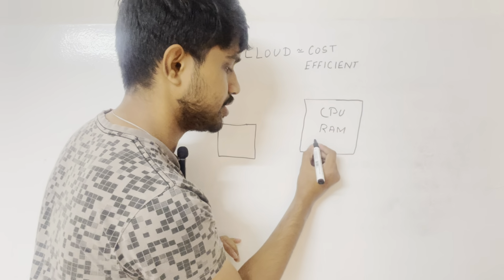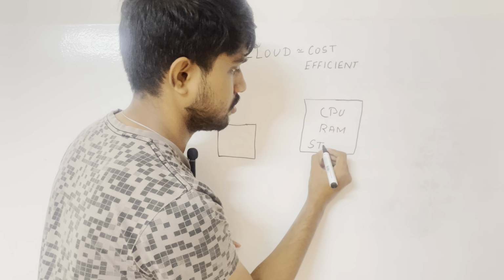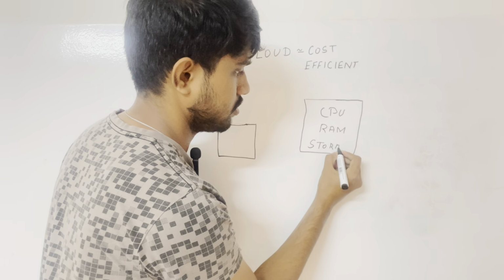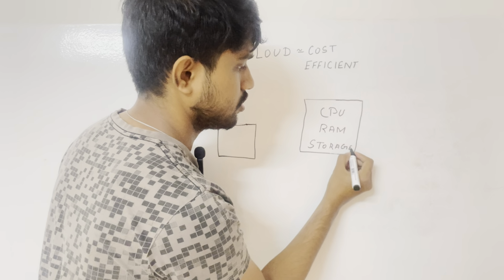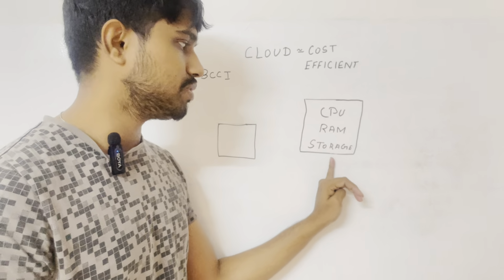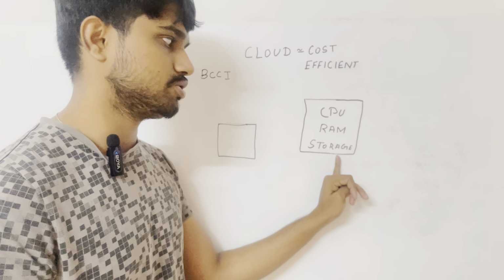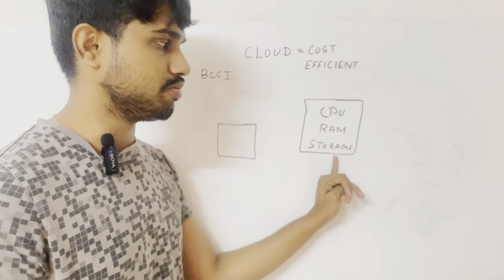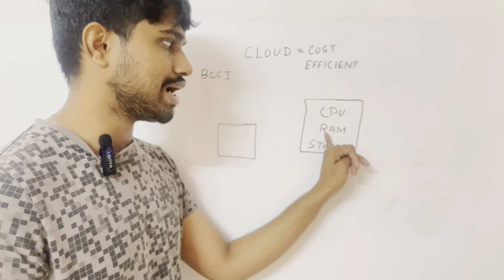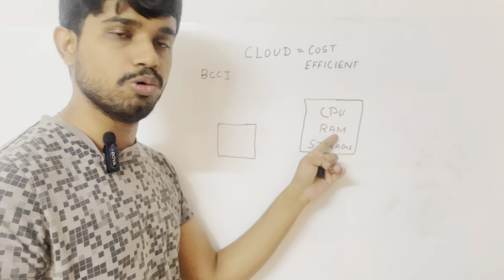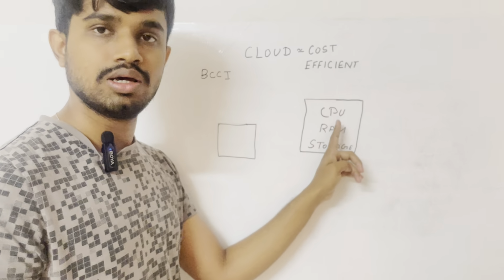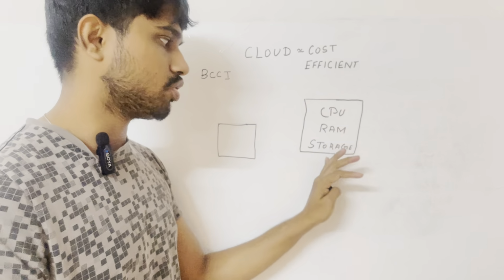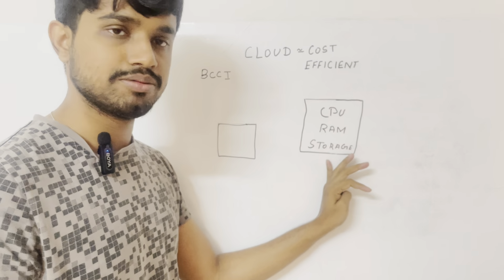Next comes the storage. So this is where you can store the permanent things like the photos or videos or whichever you want to store in the computer or the mobile. So whatever is stored in the RAM, when you reboot the system, it goes off because it is only used for processing by the CPU. So whatever you store in storage, it will remain.